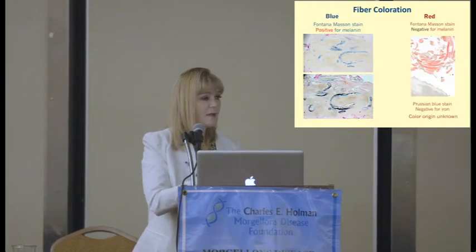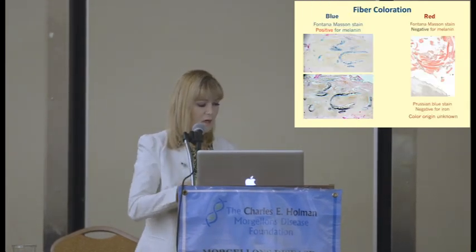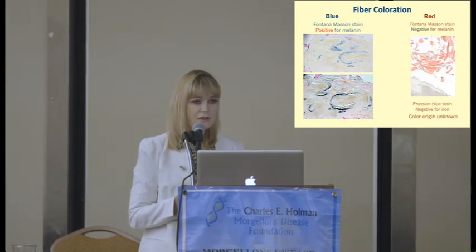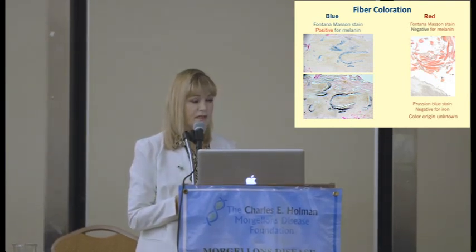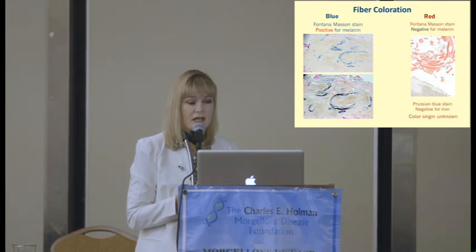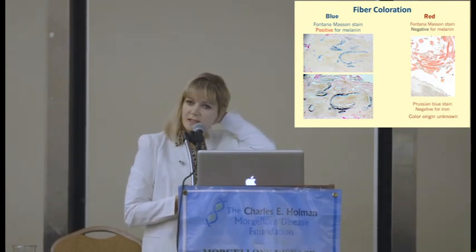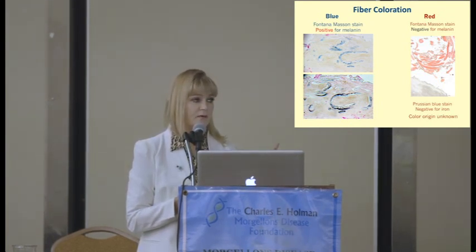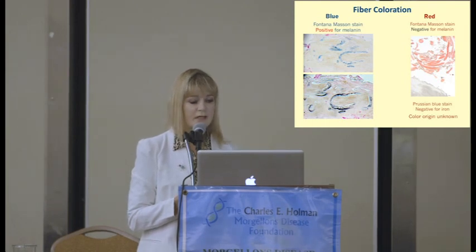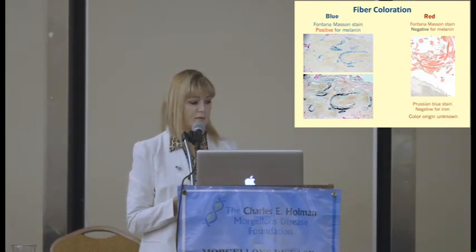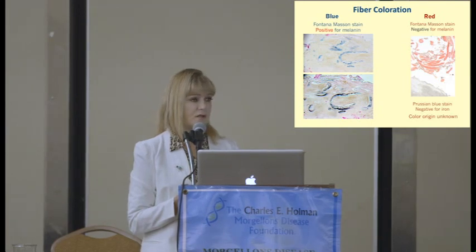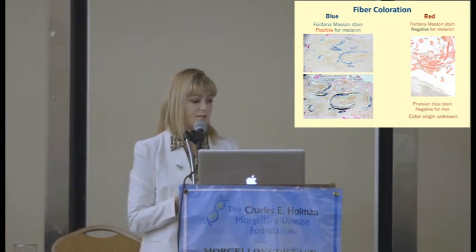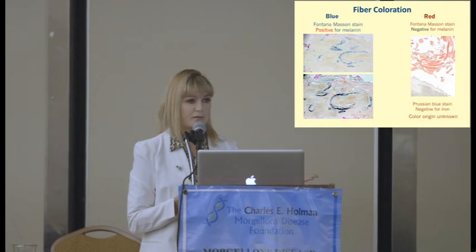We also know a little bit about the blue coloration, why fibers are blue. This turned out to be because the blue is due to melanin pigmentation, and melanin is the pigment that humans produce that produces sort of black or red coloration. Pheomelanin produces red coloring, and eumelanin produces dark coloring. So we took some of these blue fibers and we did a stain called Fontana-Masson, and that turns melanin black, and sure enough the blue fibers turn black.